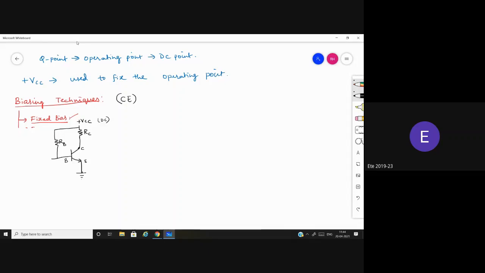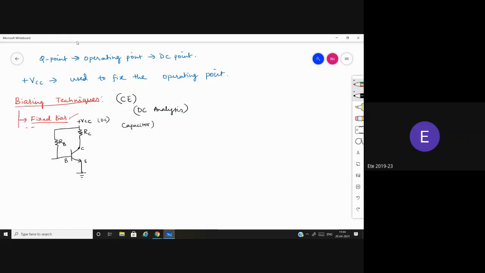And here we are not going to consider any AC supply or anything, because we are purely doing DC analysis in this particular topic. So in DC analysis, we are not going to consider any AC component, that is, the AC supply. And also, nowhere here can you see a capacitor.